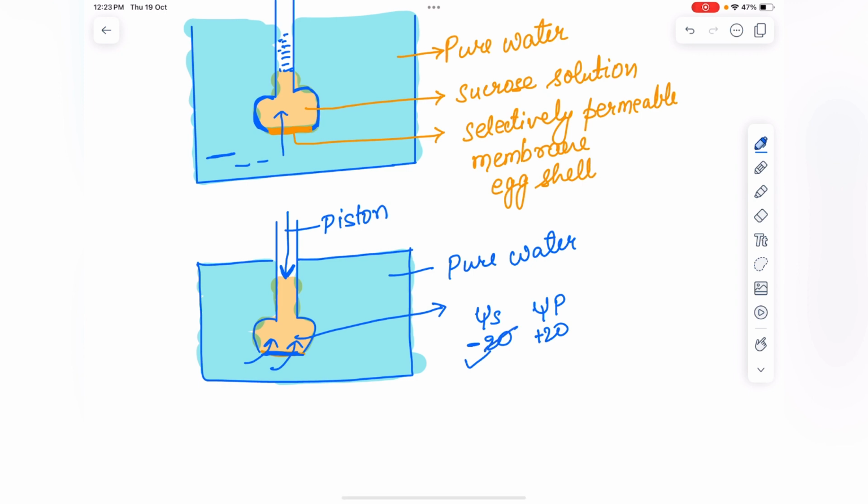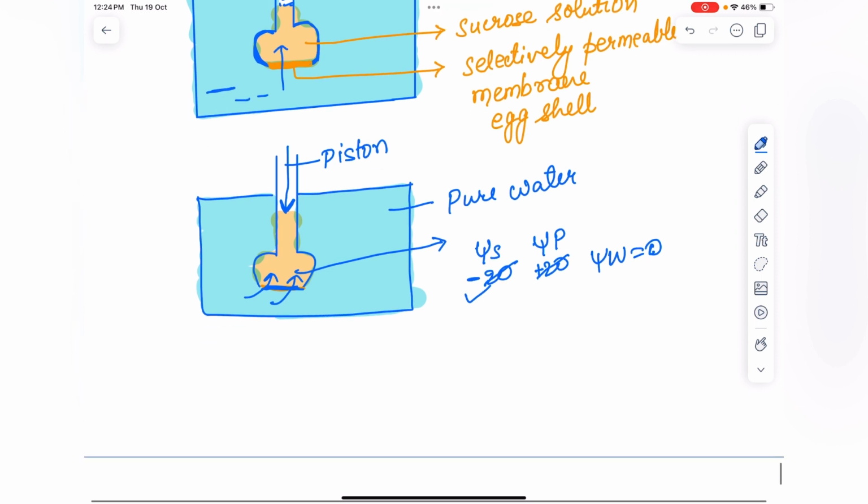So this will be 0. तो water potential क्या हो जाएगा, 0. जितना solute potential होगा हमें उतना ही pressure potential apply करना होगा. The greater the solute concentration, the greater the pressure required to prevent water from diffusing in. So the osmotic pressure is equivalent to the osmotic potential, but the sign is opposite. As I told you, solute potential will always be negative and pressure potential will be positive.